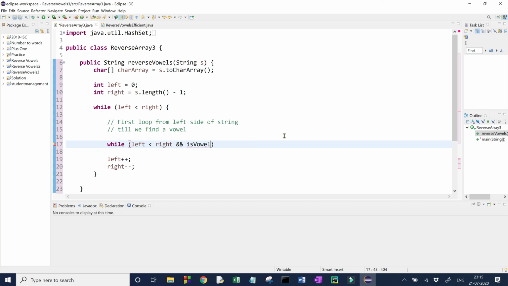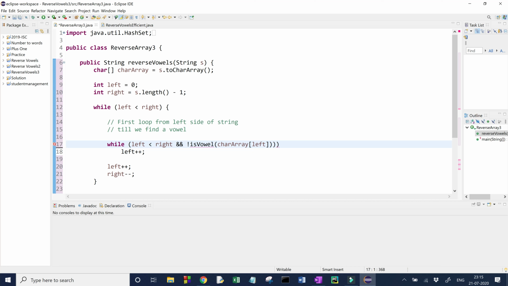So now I will take it here. I am checking whether the current character is a vowel or not. So what is the current character? I will simply say ch, my character array at left. I have to run this loop till I find a vowel.